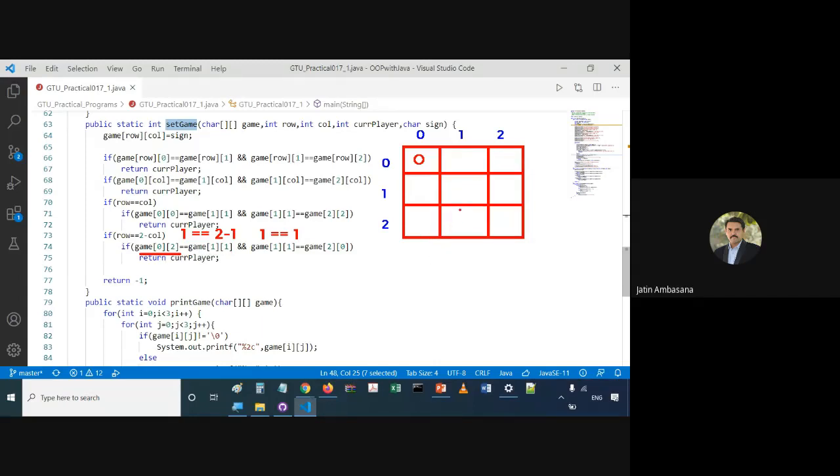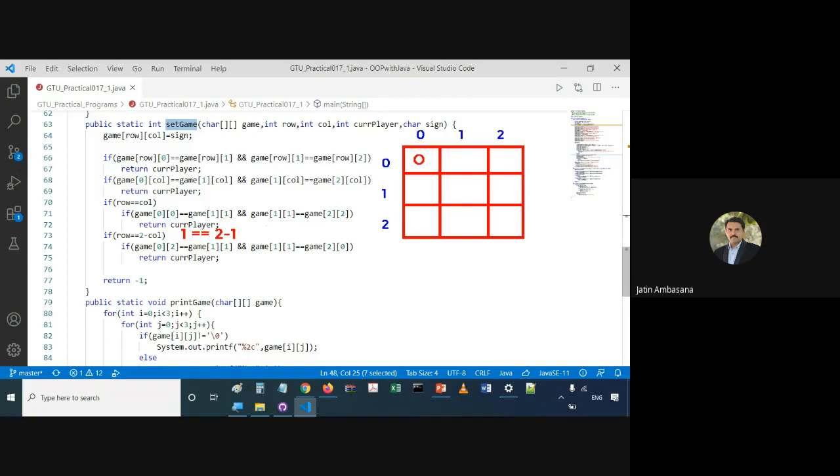So see, this is how we check. First we check the whole row, then we check the whole column, then we check diagonally in this way, right? And then we also check diagonally in this way. So all the 4 checks are being done.